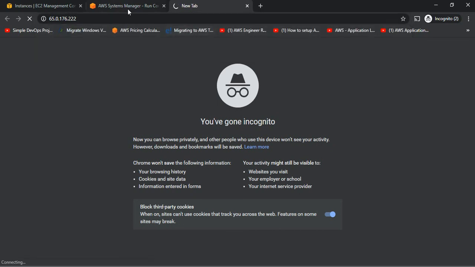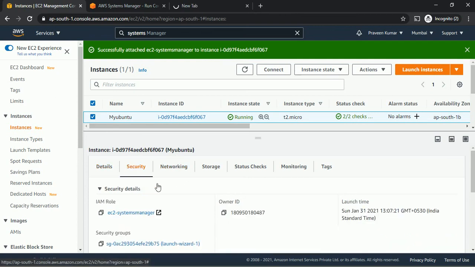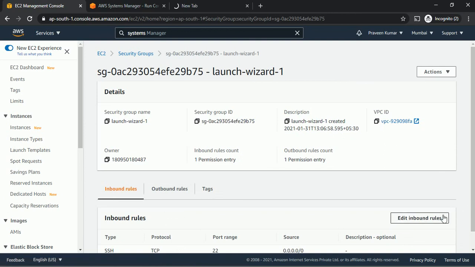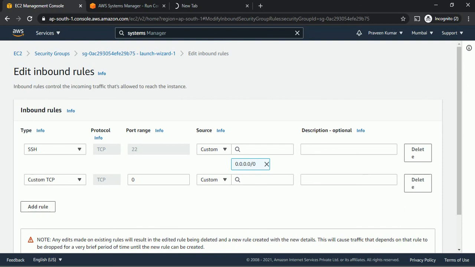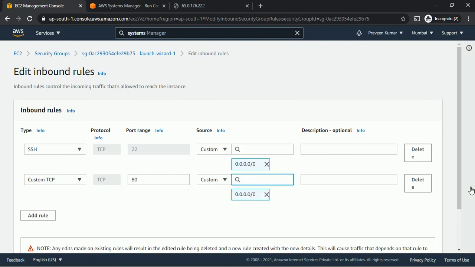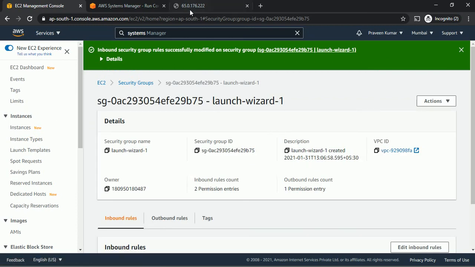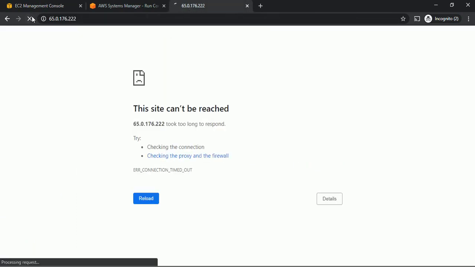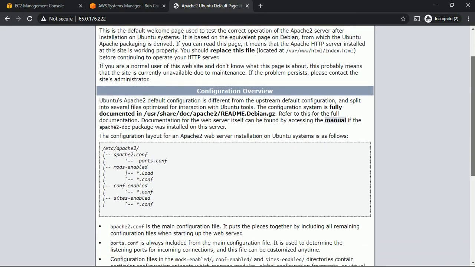But before that, in the instance security group, we have to allow port 80, because I'm checking this Apache through the browser. You have to open port 80, then only it will open in the browser. Save rules. So the rule has been added. Now browse. See, Apache has been installed, you can see here.